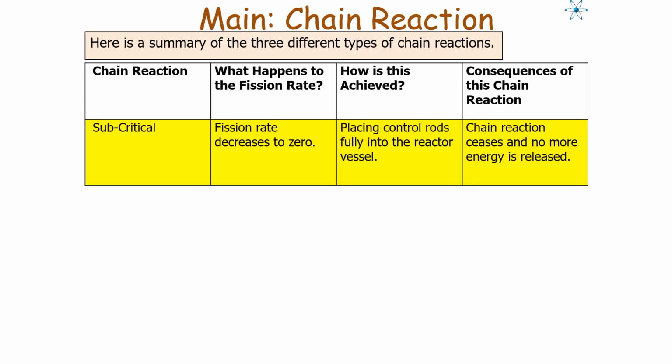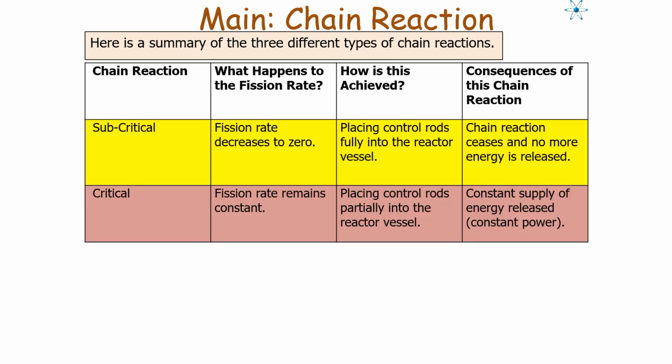So if you've got a subcritical fission chain reaction, the fission rate will decrease to 0. Now this is achieved by fully placing control rods into the reactor vessel, and the chain reaction ceases and no more energy is released. You have a critical chain reaction where the fission rate remains constant. Here you can place control rods partially into the reactor vessel and you get a constant supply of energy released,